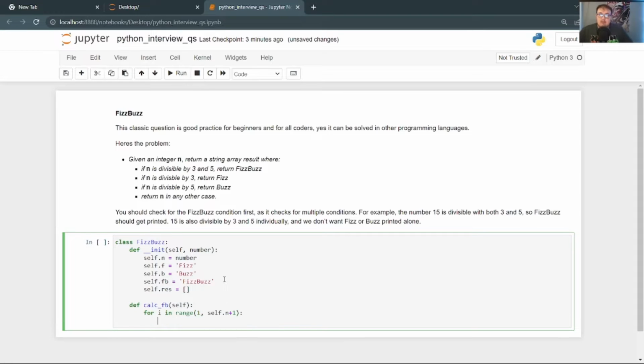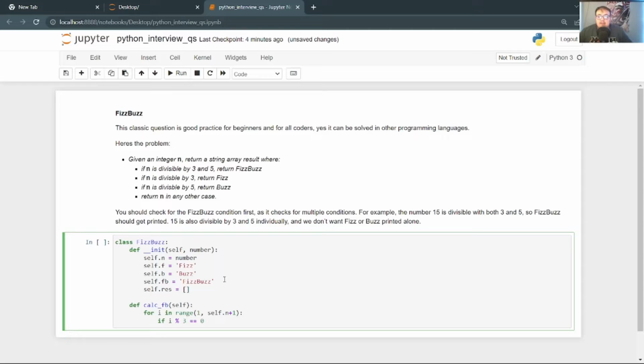And then in here, the first thing that we want to check is if the number is divisible by 3 and 5, because if we check every other thing first, it's going to be harder logically to look back. So we'll call this i modulo 3 equals 0.